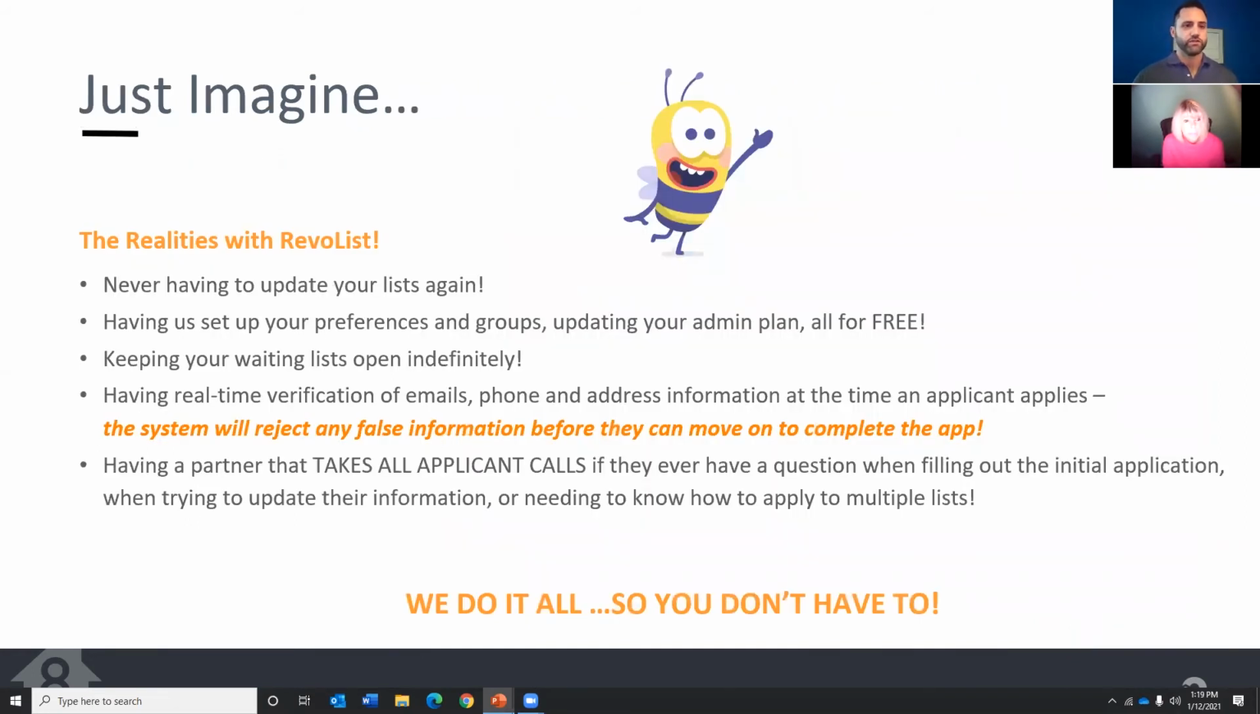So in conclusion, just imagine all the things you can do with RevoList, and never having to update your waiting list again. We assist in helping set up your preferences and group and any admin plan changes. You have the option now to leave your list open indefinitely, and that's actually worked out pretty well for some agencies. In Massachusetts, they've done that since 2003,